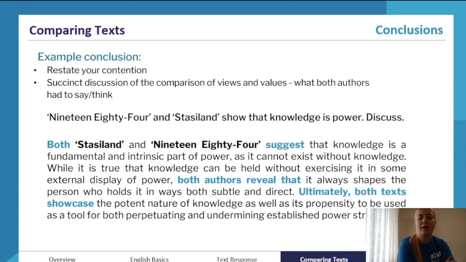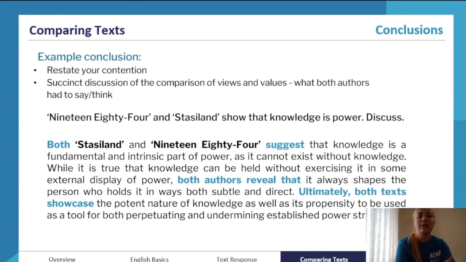Body paragraphs we had a bit of a chat about, but having a look at an example conclusion, again, because this is really similar to text response, you will also be restating your contention for both texts, but this needs to be comparative. So introduce some ideas, hopefully, to add a level of complexity to your conclusion about how your main arguments for the two texts slightly differ. So try to bring in at least one main difference and state it to improve your conclusions.